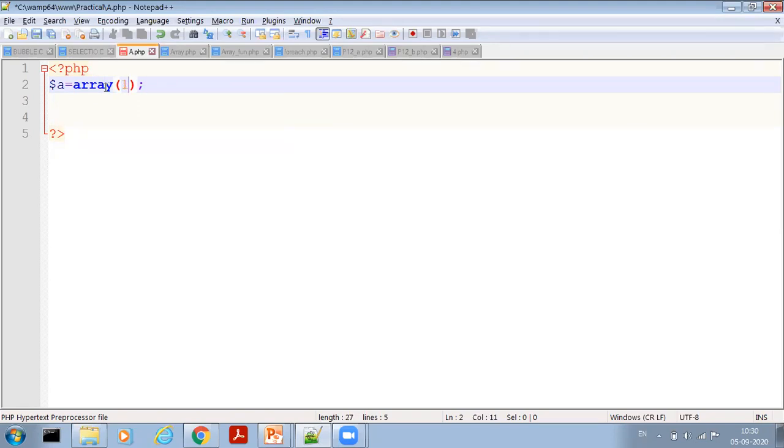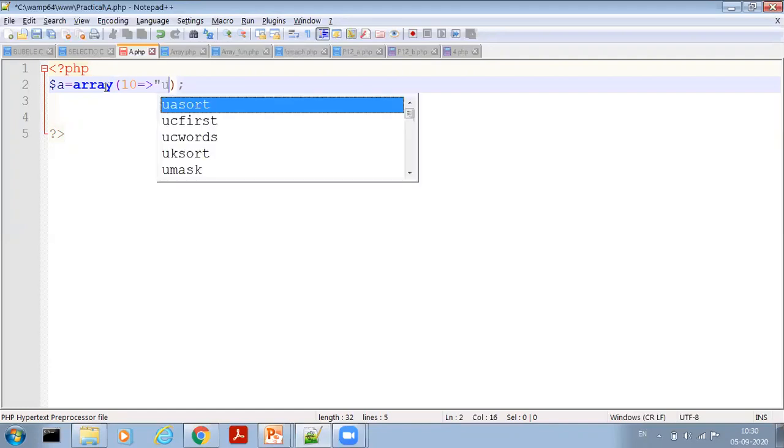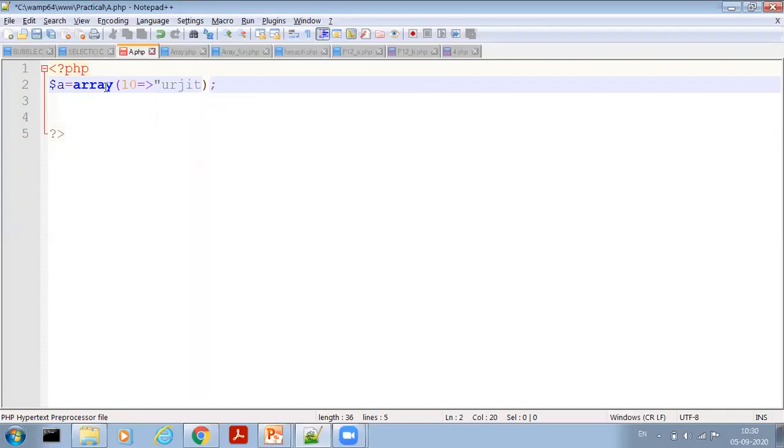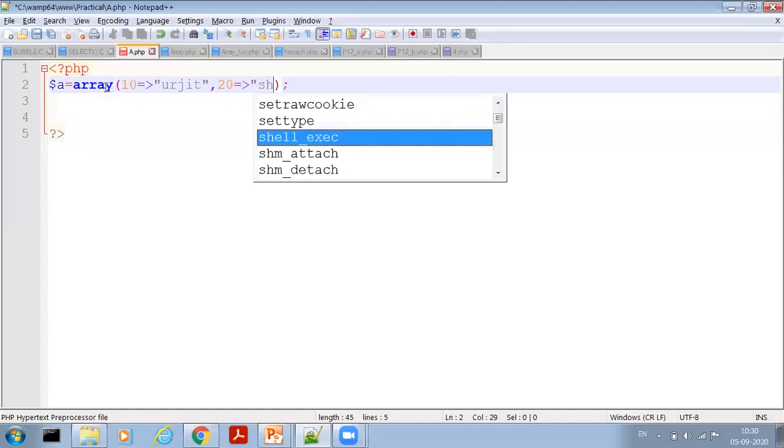So there is no need of double quotation marks. Then equal-to-greater-than and write the student name, for example, Urjit. Then the first student is completed. Then write the second key, then again the value Shaili.